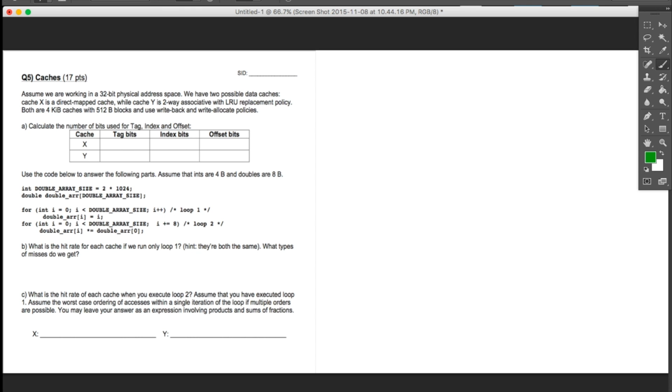Over the summer 2015 question 5 cache question, you very likely will not see a question that's as difficult as this one on your midterm, maybe the final. The main reason why is because, in my experience, when we gave this question, it was just too hard for way too many students. No student got more than 20% of it correct, so it's actually really hard to gauge